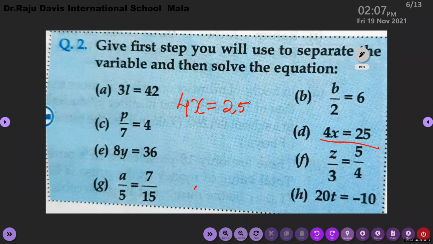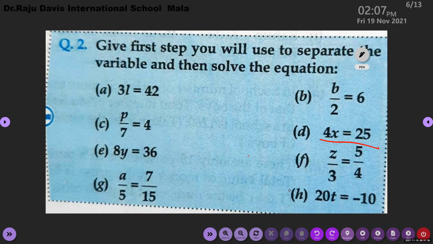Till now, what was explained? Which number you will take to this side, isn't it? So x alone on this side, x is equal to 25 by 4. What is multiplied on the left side will become divided by. Numerator becomes denominator when you take to the other side. You are not listening to what is said.